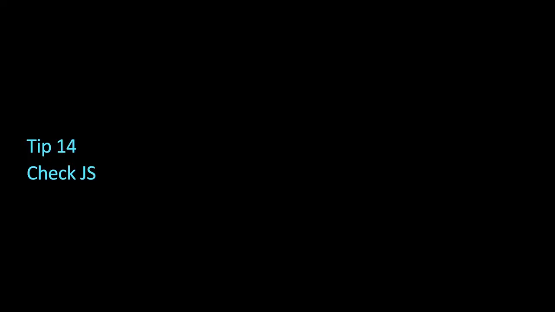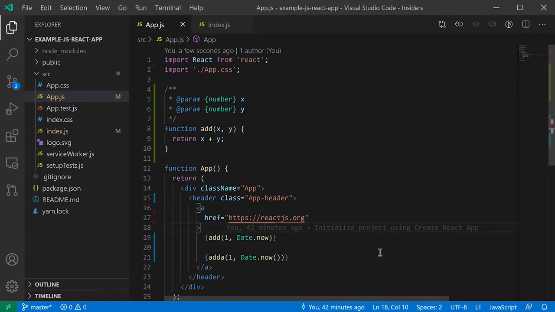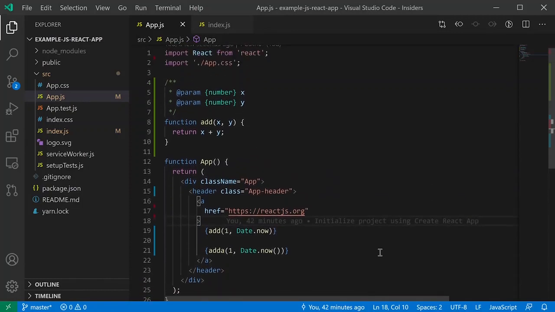Check.js lets you use the power of TypeScript to type check your normal JavaScript code. This also enables some useful quick fixes. Here I have a project created using Create React App, and by default, VS Code will only report syntax errors